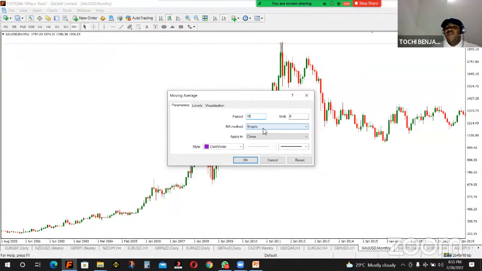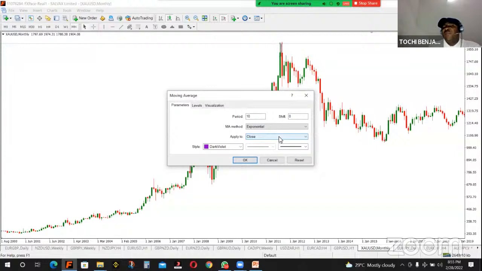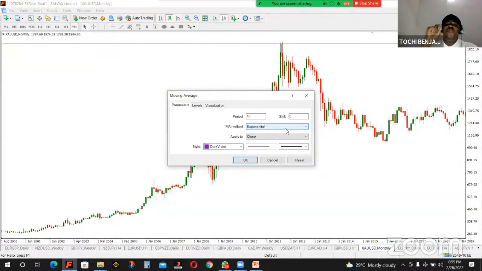The simple moving average most times has to do with the higher period, while for the smaller period moving average, you're supposed to use exponential. Exponential adds weight to the later part of the price. What it means is that exponential is for entry. Exponential moving average is for entry, where you will buy or where you will sell. We use it most often in a smaller period moving average.